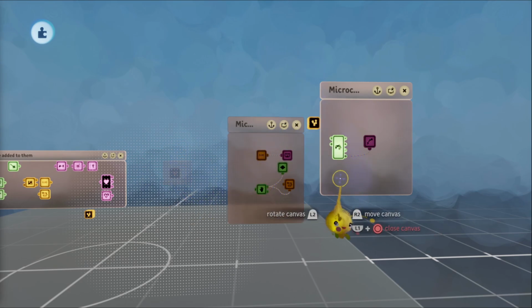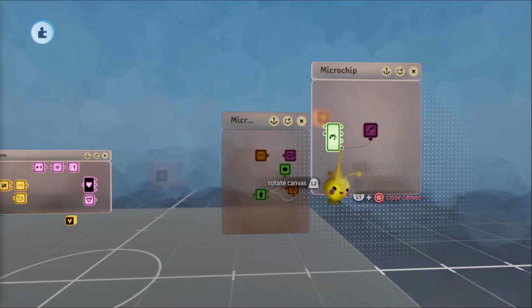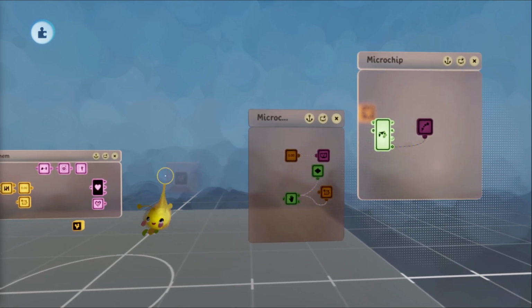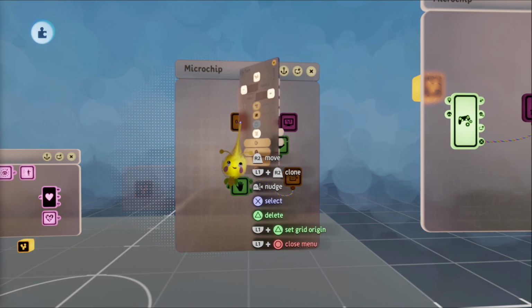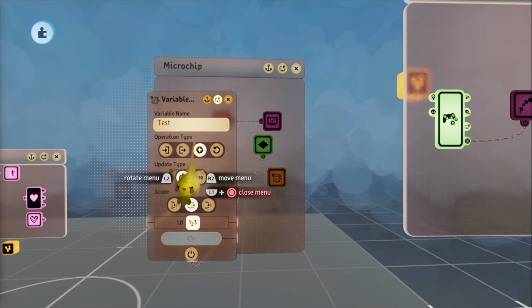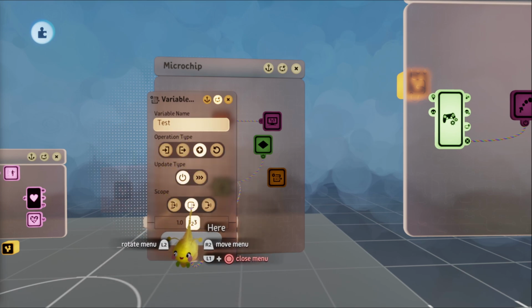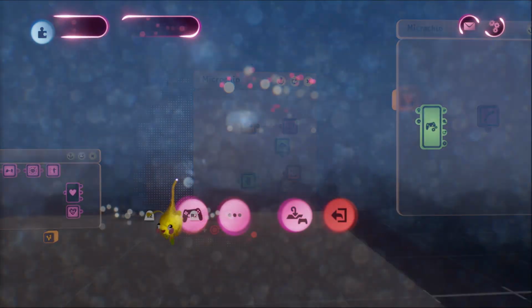All right, so we have an example where when I press X, I emit this cube. What's in this cube? We have a variable named test. We have a variable modifier adding 1 to test, set with the scope of here, every time it's grabbed. So if we just play this,